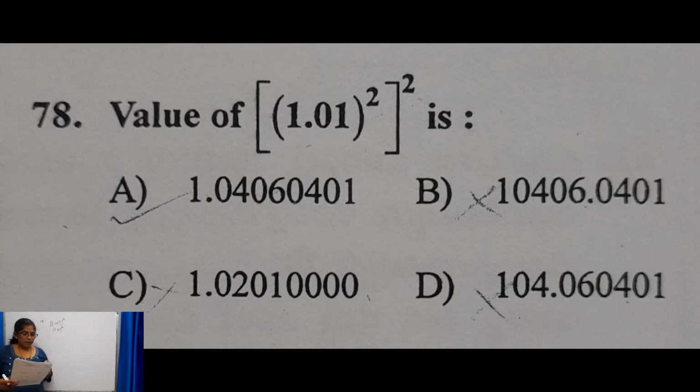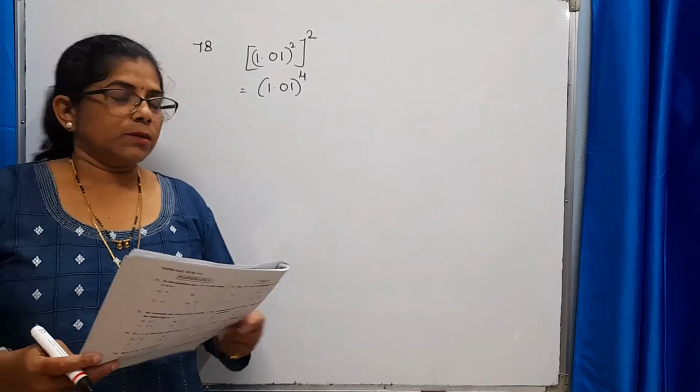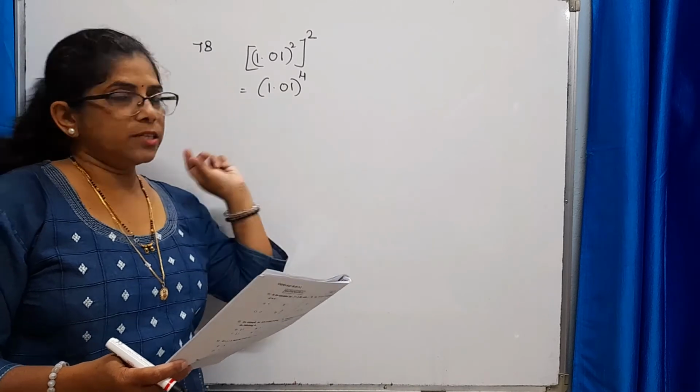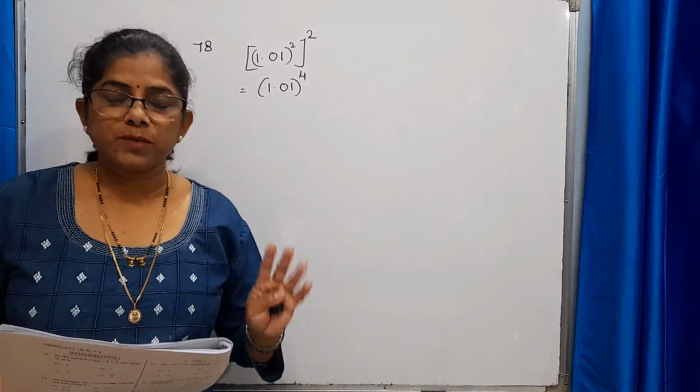Option A is 1.04060401. Next option, B, is 10406.0401. Option C is 1.02010000, and option D is 104.060401. So the first thing: when you multiply a number whose last digit is 1, as many times,